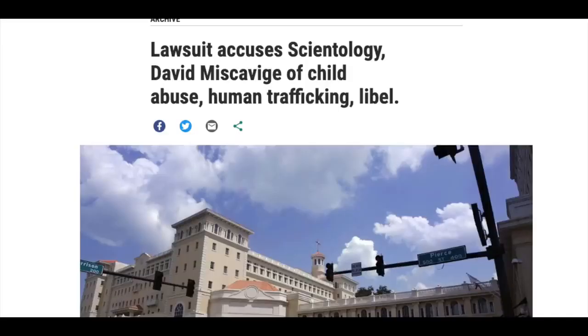Cults work in tiered or hierarchical structures. The cult you see from the outside is not the cult you get on the inside. For example, the Church of Scientology presents a facade to the outside world to disguise what in reality is nothing more than a cult built on mind control and destruction of the independence and self-control of those drawn into its sphere. The lawsuit states, members are isolated from the outside world, their access to information is heavily monitored and controlled, and they are subject to physical, verbal, psychological, emotional, and/or abuse and/or assault.